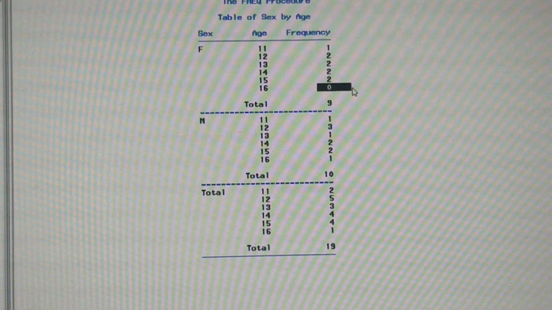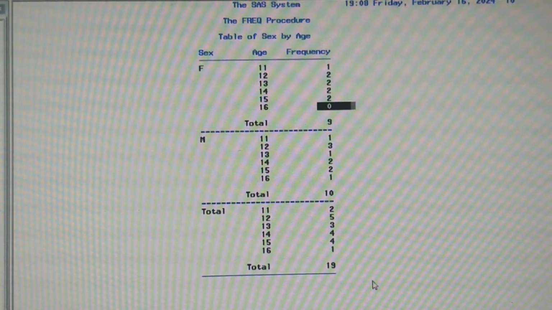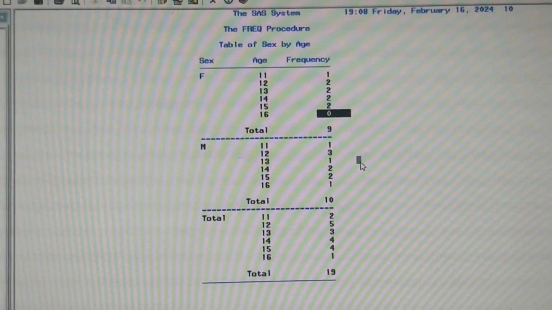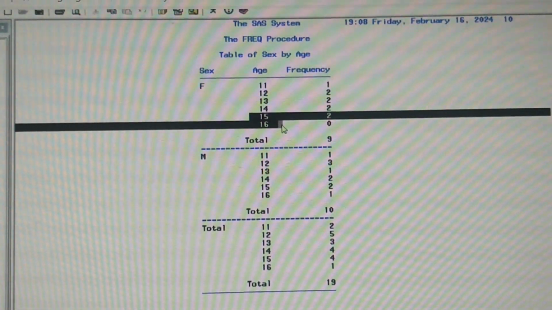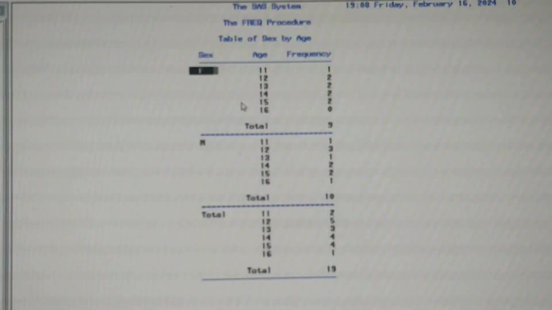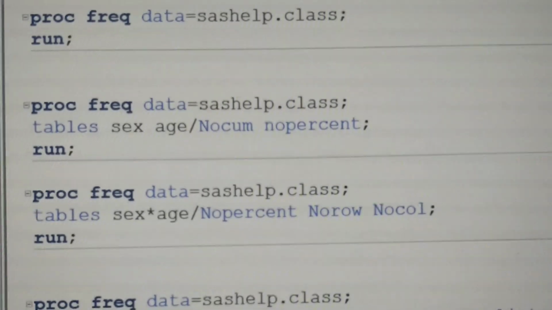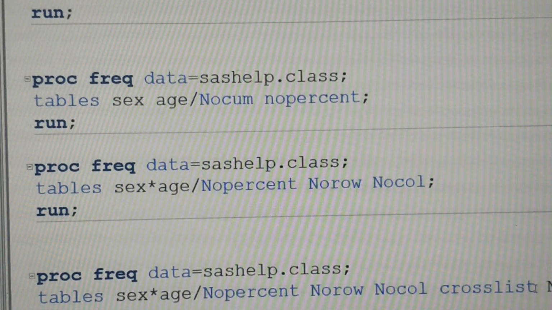Sometimes in our listing report, the user requests that they don't want 0 frequency values in the final report. So you can see the 16 age wise frequency is 0 under the female category. I don't want this frequency because that is a 0 frequency. At that time we have to use, okay,